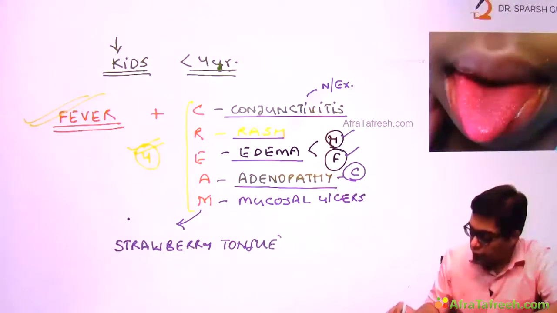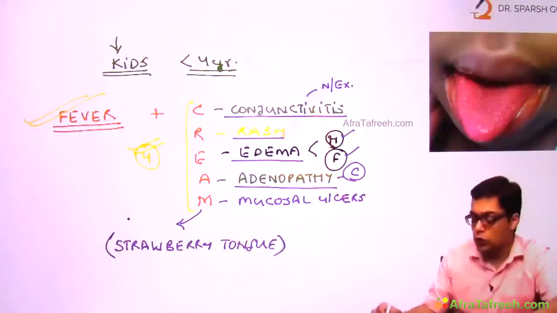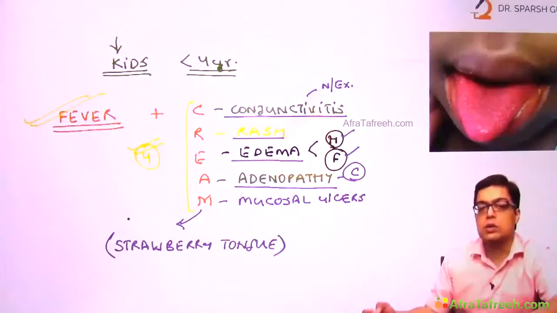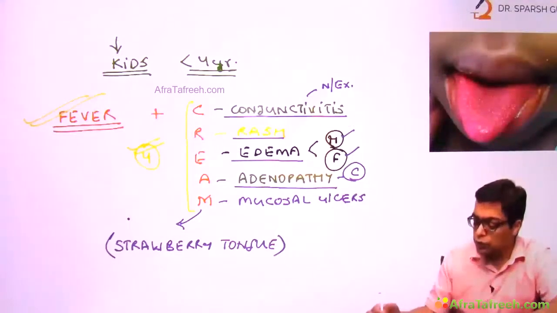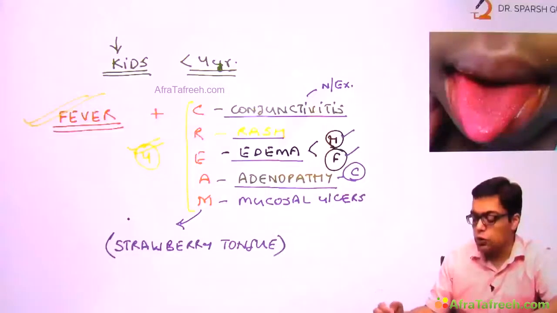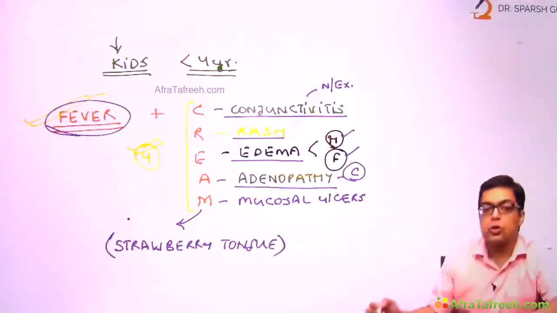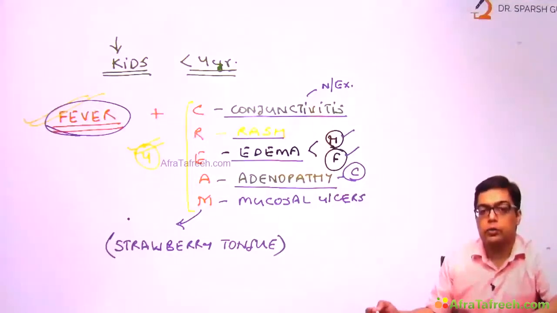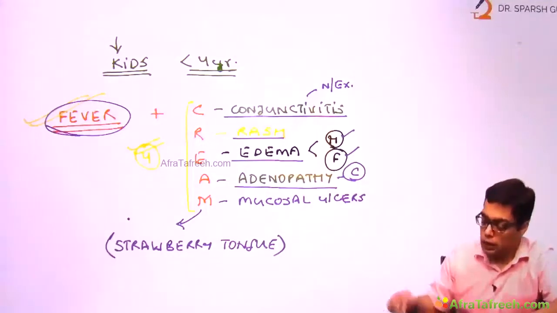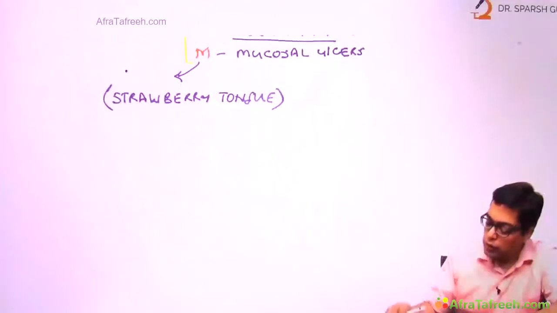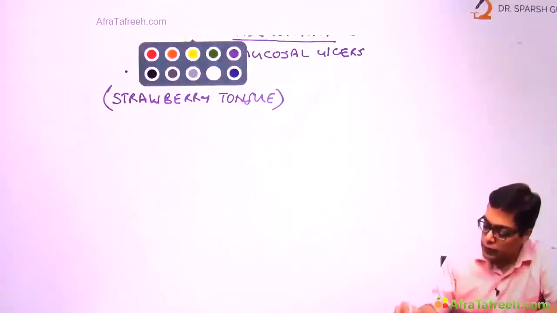So the presence of edema of hands and feet, presence of a non-exudative conjunctivitis, presence of a rash, presence of a cervical lymphadenopathy and a strawberry tongue along with fever should strongly alert you to the fact that the patient is going to be having Kawasaki's disease. Now, why exactly should we be interested in knowing about Kawasaki's disease lies in the fact that this is an